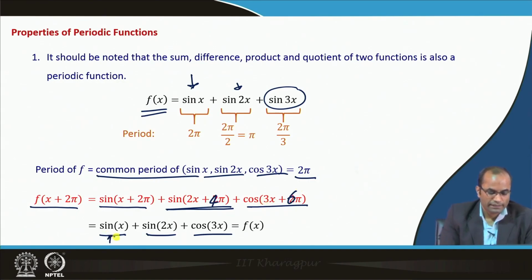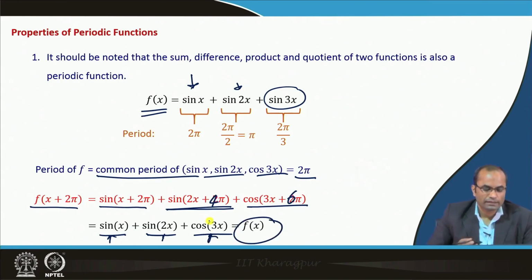So, this is sin x + sin 2x + sin 3x, again the same function f(x), and therefore this is a periodic function